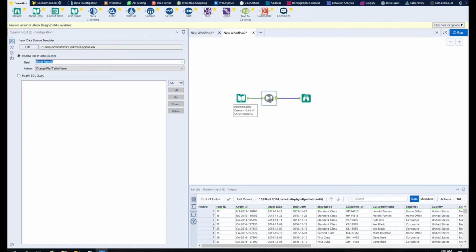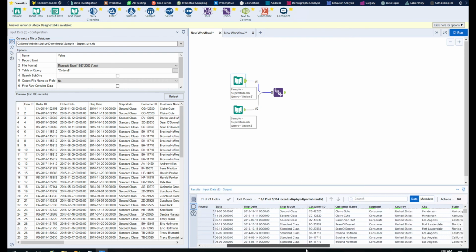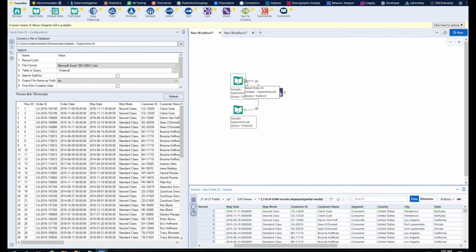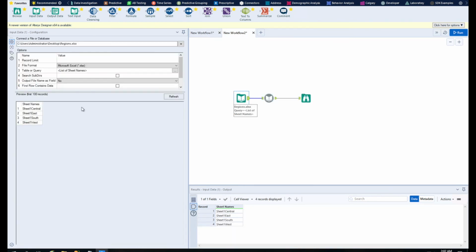Instead of having four different sheets, here you see four different types. And if I show you, here we have four different regions in this data itself, and total is 9,994. This is for four regions. Same thing I'm getting here, but from four different sheets, where I have central, east, south, and west. So this is one of the most important tools which you can use in your day-to-day activities, the dynamic input tool. So don't forget this dynamic input tool, which is very important. It will help you to do a lot of things where you can combine multiple sheets together.